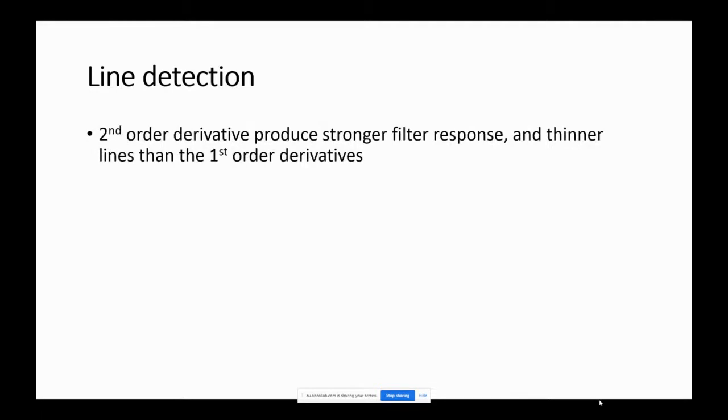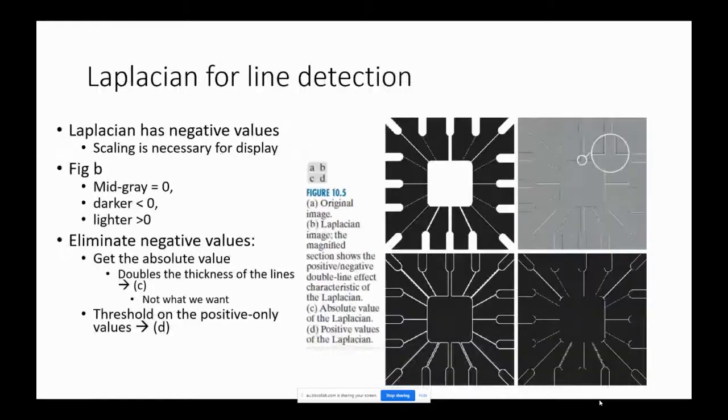Line detection. As we've seen, the second order derivative produces a stronger filter response and thinner lines than the first order derivatives. We use again the Laplacian kernel, right? But the problem here is that we have to take into account that the Laplacian has negative values. So we have to set these values into some sort of scale. So we can see on figure B here that